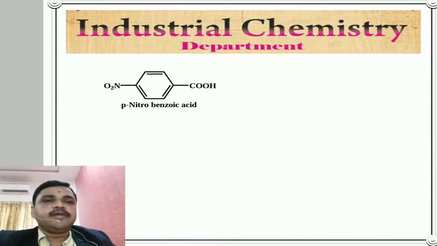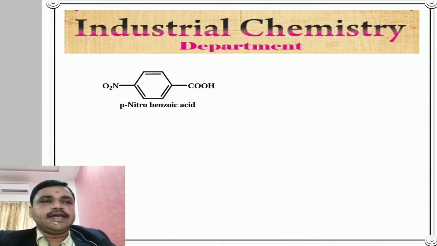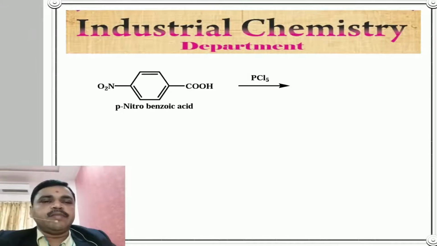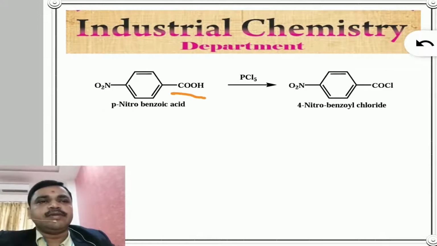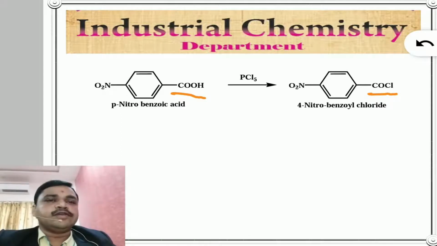Now, we start with para-nitrobenzoic acid. The stated structure is para-nitrobenzoic acid. This para-nitrobenzoic acid is treated with phosphorus pentachloride, PCl5. So we get 4-nitrobenzoyl chloride. The carboxylic group COOH is converted into carbonyl chloride. So we get